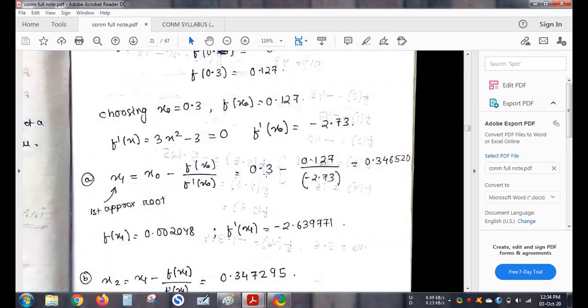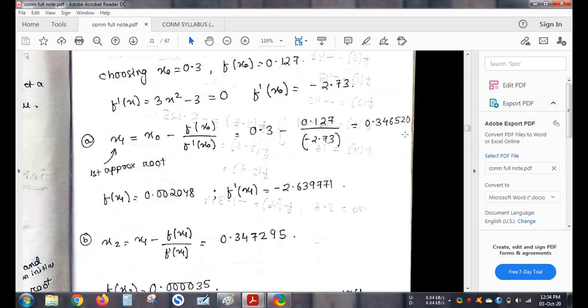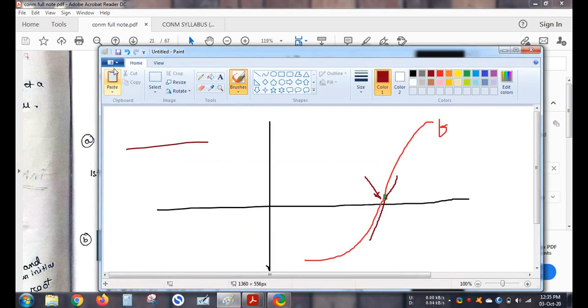All you have to do is just put the values. Now you have the root. You will put this root into the function and see what the value is. This is the function's value. So this is one iteration. In the next iteration, what will I do? I will put this approximated root in the equations f of x and f dash x, and I find out the value, and I will do the next approximation to find the next approximated root. बात समझ में आ गया ना? How to do it?